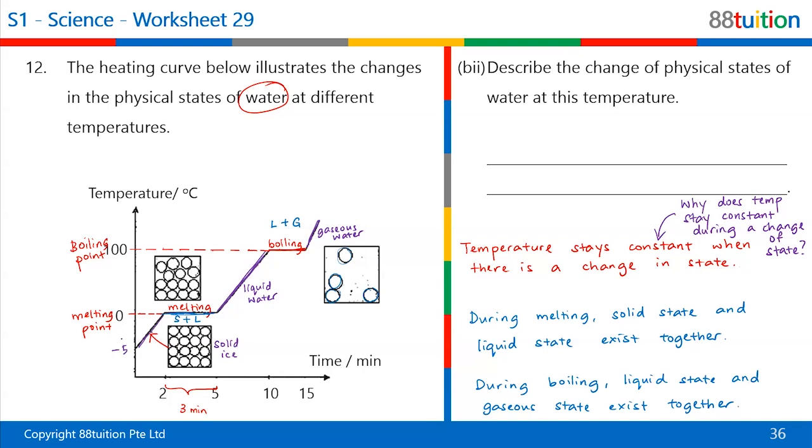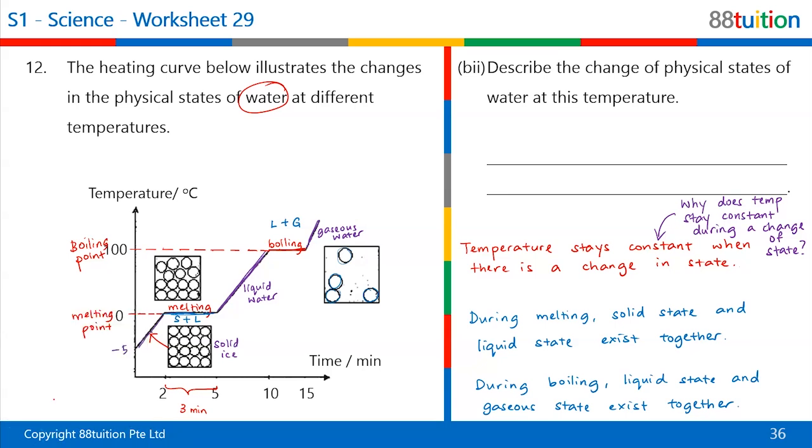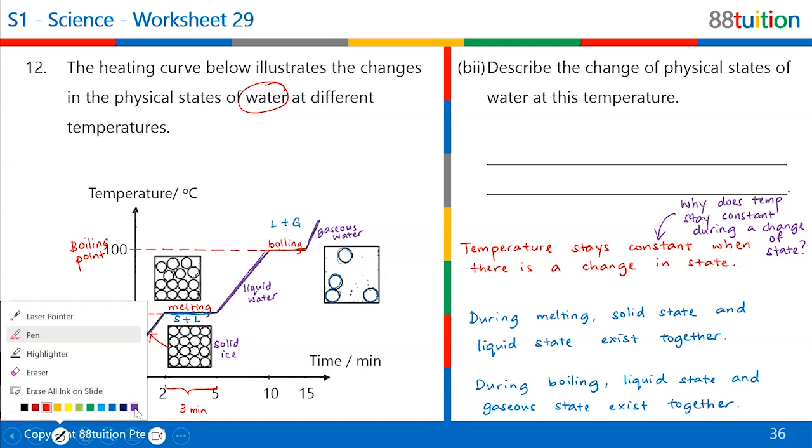At 0 degrees Celsius, if I put the thermometer within the ice, that whole maybe bucket of ice, I will be able to see the thermometer reading stays the same. It's always at 0, but I can see the ice melting away. What is happening here? Okay, so the heat that is taken in, the heat that is taken in is not,